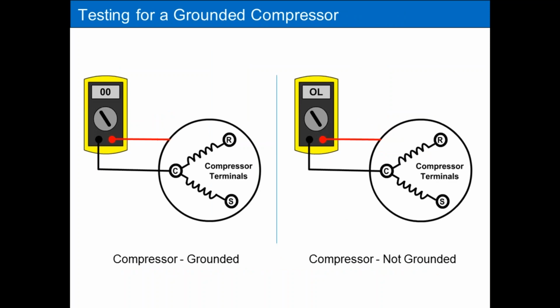And while you're at it, you can also do a quick check for ground. Generally, if it's grounded, you would have known it by now, because every time you plugged it in, it would have blown a circuit breaker. But while you're doing these resistance checks, do a quick check for ground. Go from the body of the compressor, usually the suction stub, connect to it with one of your leads, and then go to all three terminals, and you should read infinite resistance